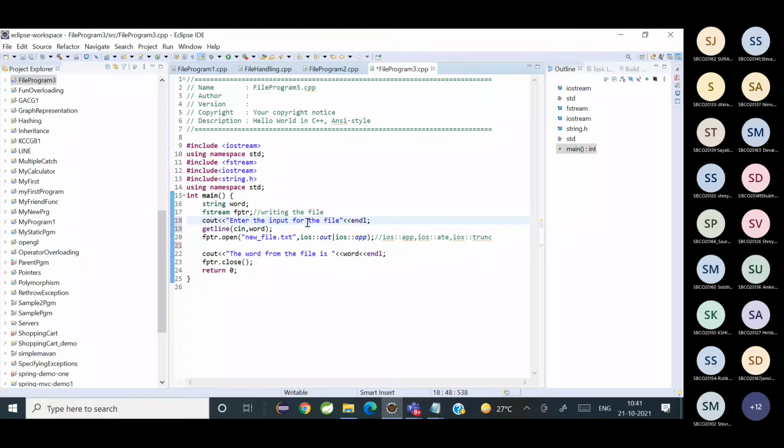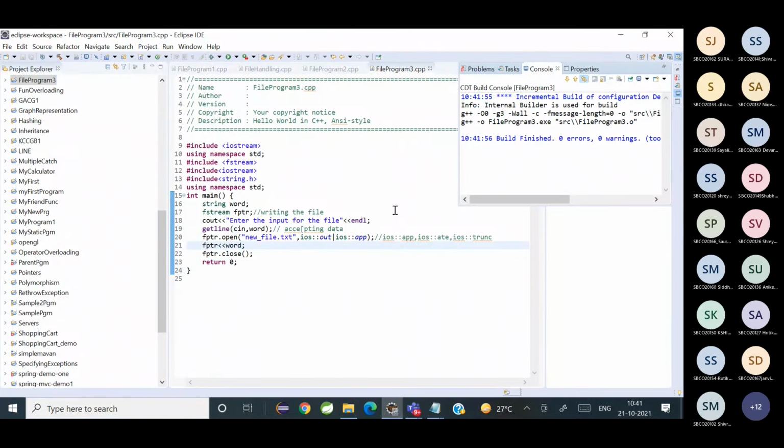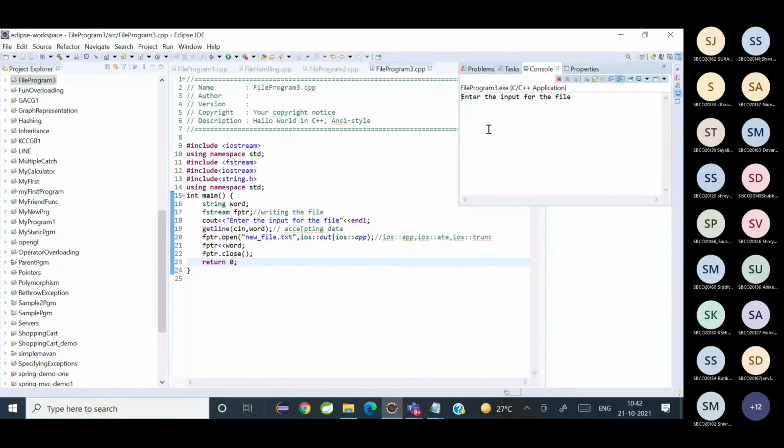Then I'm reading, accepting, then I'm opening the file in out mode and append, then I do fptr, word. Build. Okay.